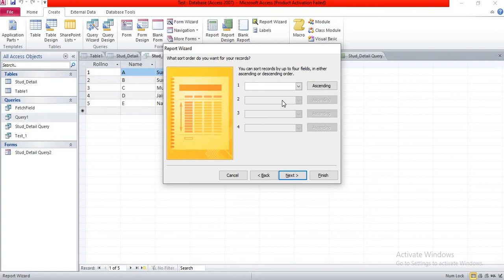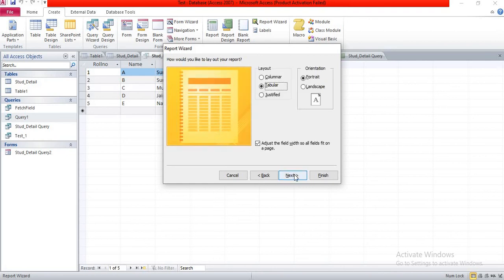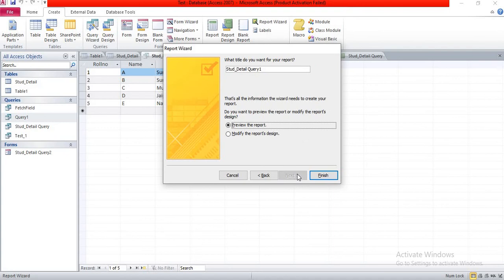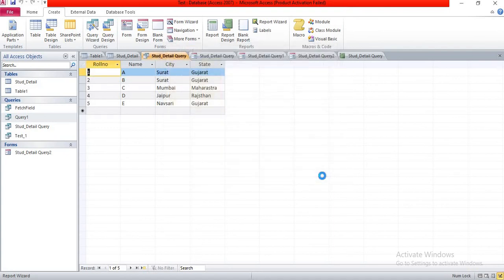Here in this dialog box, you can set the sorting order of the records for the report. Suppose I would like to sort on name in descending order and then next. Here you can select the layout of the report. I would like tabular form, then finish.